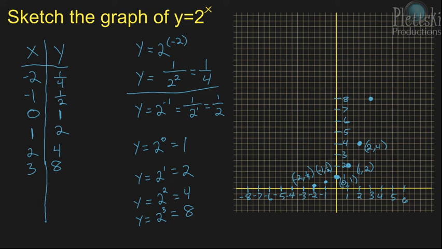Now, if we want to start connecting these dots, we can do that, and we'll connect them with a curved line like this. And that's not perfect, but you'll get the idea. And you'll notice the farther negative that x is, the closer to 0 y is going to get. But it'll never equal 0, because when you look at the exponent,